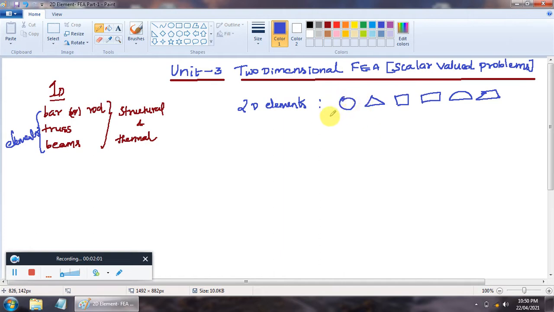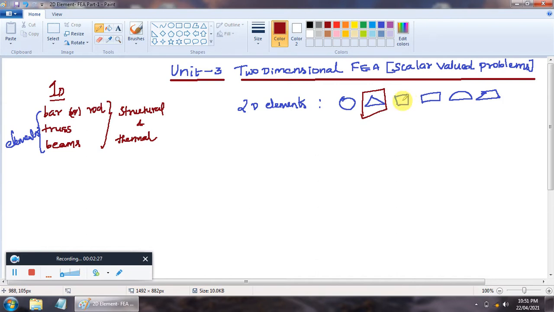When you consider the elements among these, there may be variation in the results of the analysis. But generally we go for a triangular element, which suits better than the other elements, because all these can be again and again